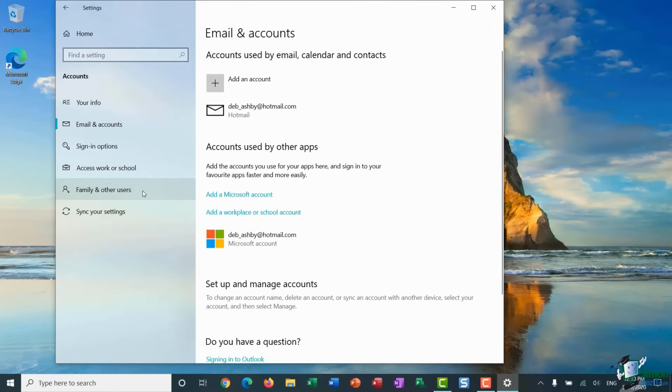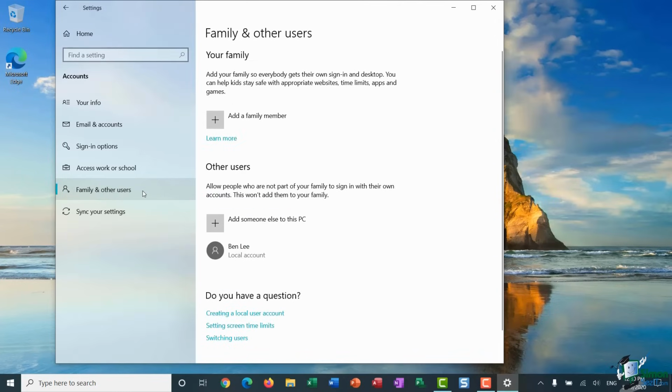That is where you would go down to family and other users. Now, again, if you want to add a family member, you can add a family member up here. And it says, add your family so everybody gets their own sign-in and their own desktop. So essentially people can customize what their desktop looks like. And then it says you can help kids stay safe with appropriate websites, time limits, apps, and games. So if that sounds like an option that would be useful for you, you can add a family member account